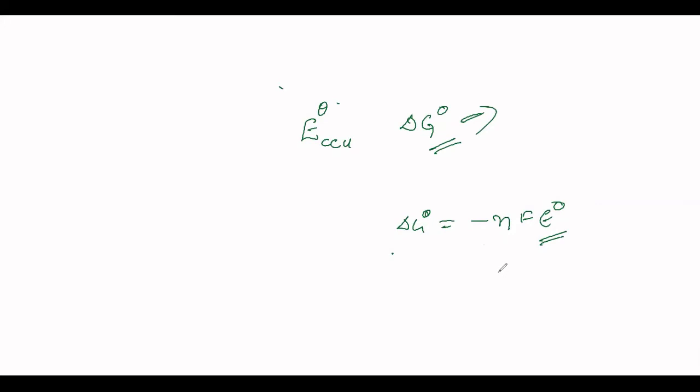Which one is extensive and which one is intensive? Extensive properties are those which depend upon the amount of the substance. Intensive properties do not depend upon the amount of the substance. For example, density is an intensive property. Whether you take 1 ml of water or 10 ml of water, same sample, density would remain the same. Whereas volume is an extensive property. If you have 1 gram of water or 10 gram of water, volume will be different.